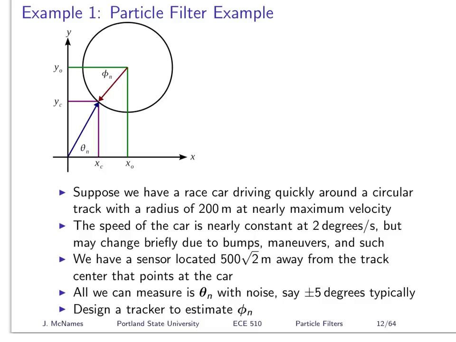That creates more modes. So now if there's a theta n, it could be here, here, with 0 laps, or 1 lap, or 2 laps, or whatever you like. And I didn't actually know that it was going to be multimodal until I tried it. I was just trying to create a nonlinear problem that was intuitive and interesting and related to something physical. And it ended up being a really nice example with lots of insights. We'll be seeing this example a lot as we go through particle filters and look at other types of trackers. I think this is much nicer than the one that you guys are working through that's in that CAPE